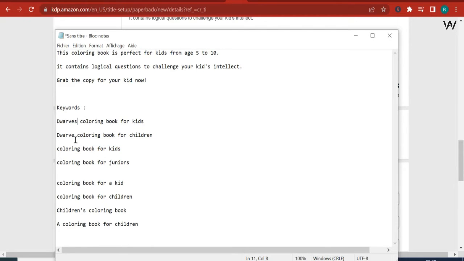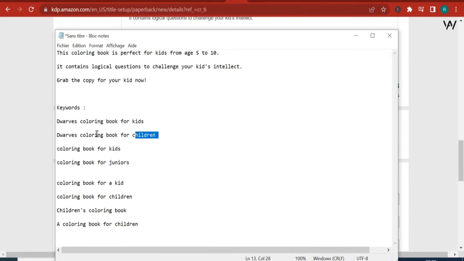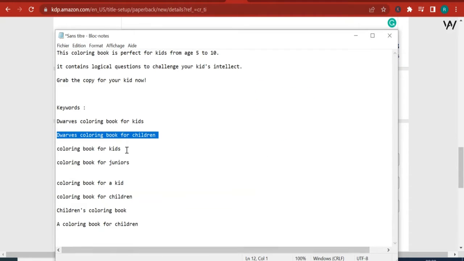Dwarves. I'm gonna add S's over here, all over the place. S, S, S. And so I'm just gonna take this, and basically I'm gonna copy each keyword separately. Now it's optional to have keywords, but remember, keywords also contribute to SEO, and so you need to put yourself